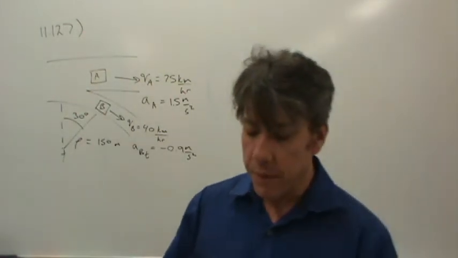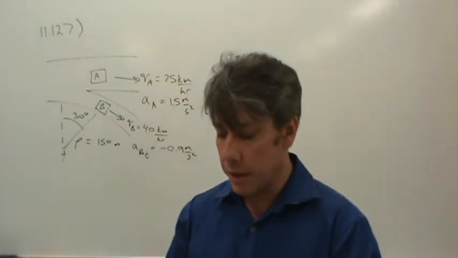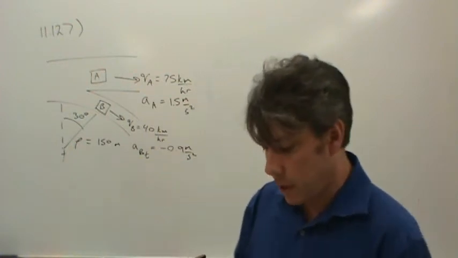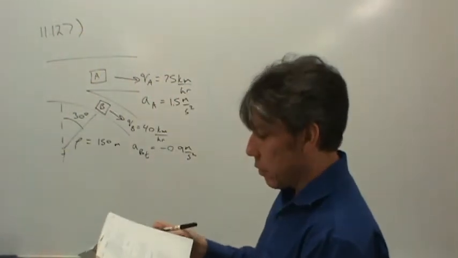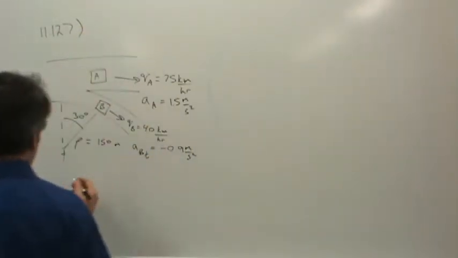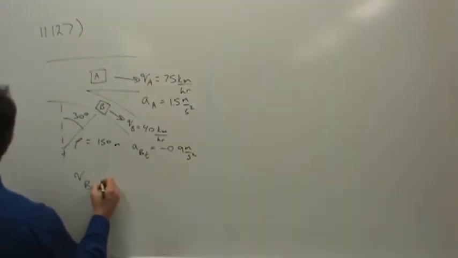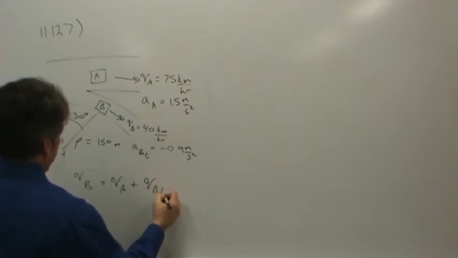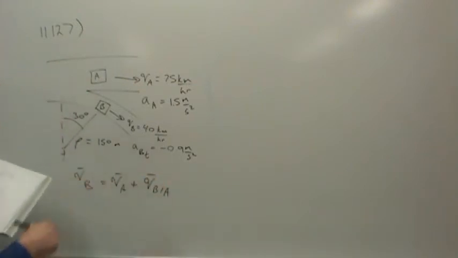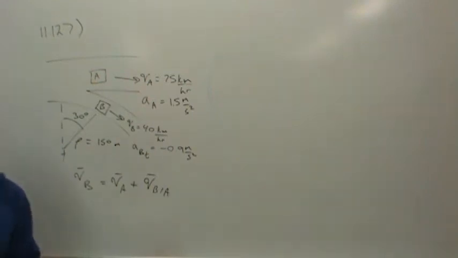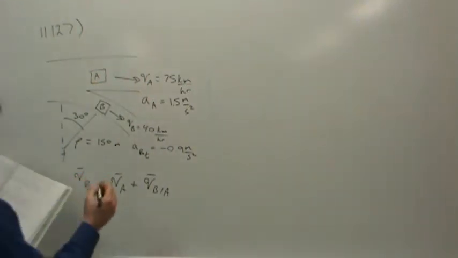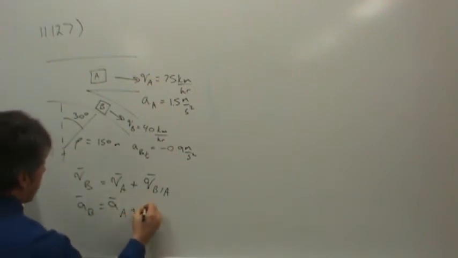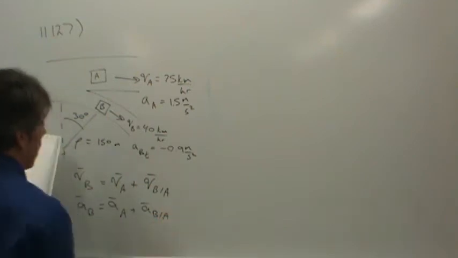The most difficult part of this problem is resolving the vectors. So we have several vectors to resolve here. Page 472 and 473 have several equations. I'll copy down the ones we really need. The velocity of B equals the velocity of A plus the velocity of B with respect to A. Now these are all vectors, so really this is two equations for the price of one, right? There's an X and a Y component here. Also, the acceleration of B is equal to the acceleration of A plus the relative acceleration of B with respect